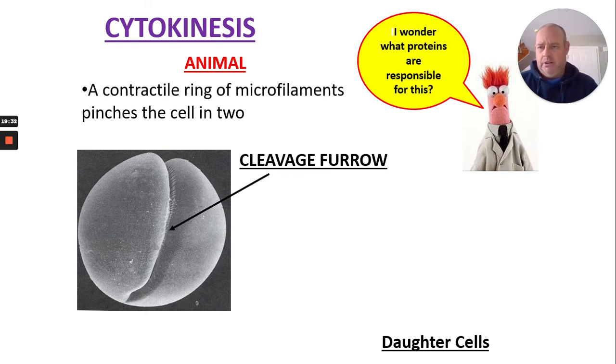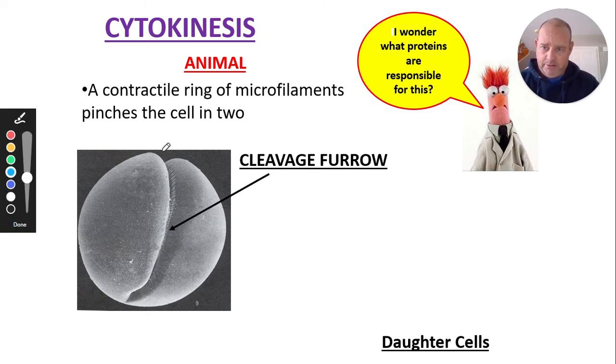In an animal cell, there's a contractile ring of a microfilament. Remember, we talked about this when we did cytoskeleton. There's kind of like a lasso that goes around it, and it works like a zip tie: you feed a zip tie in, and then you keep pulling the string on it, and it keeps cinching and cinching, so it keeps going down on that cytoplasm until the two cells pop apart like that.